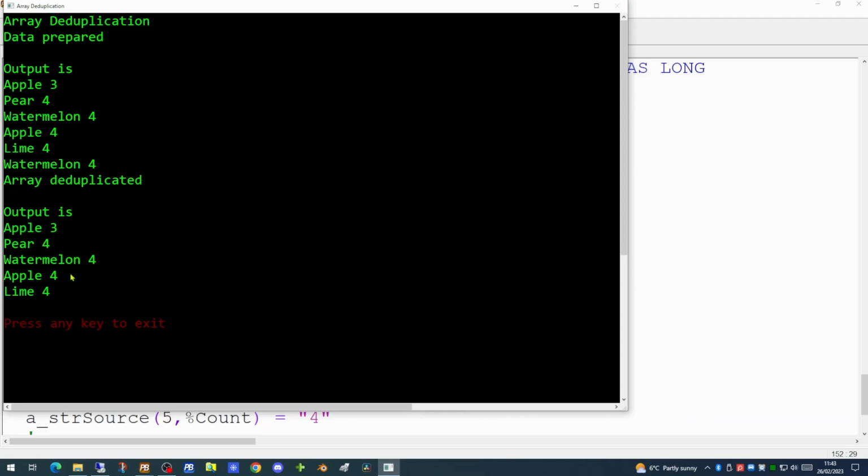Although we are running this application with only 6 lines of data, it would work just as well with 600,000. Hopefully you'll find these routines and this approach useful in your own applications, but that's it for today.